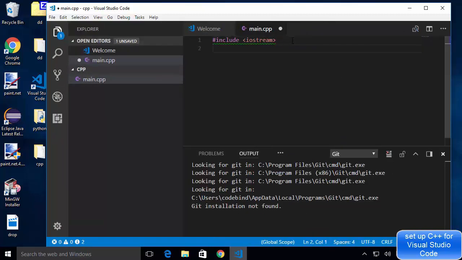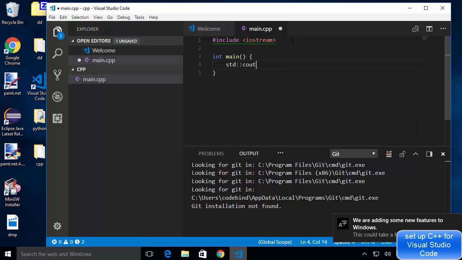And now I'm going to add the int main method, and create a really basic program here: std::cout, and then let's print hello world, and then std::endl.